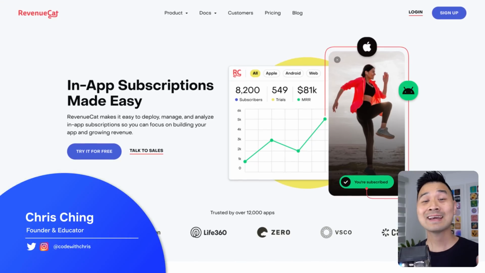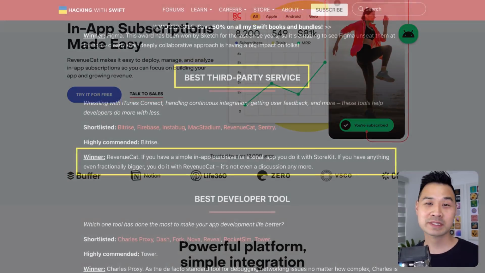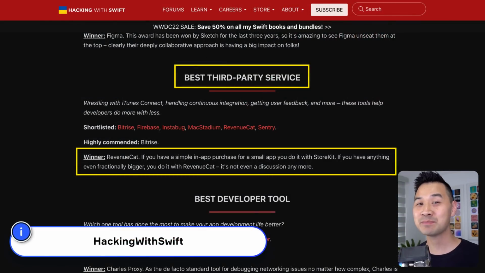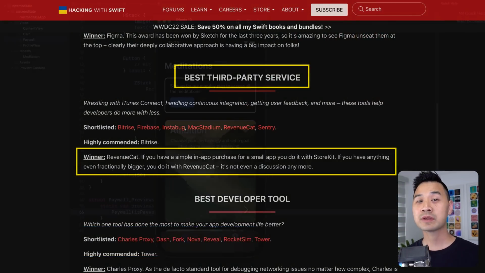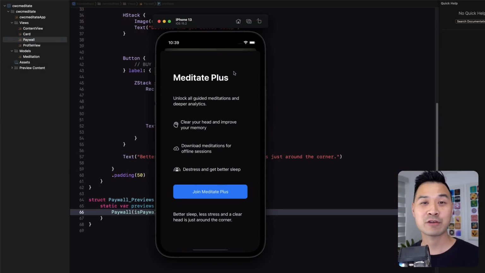Today, I'm going to show you how to add in-app subscriptions to your app using RevenueCat, one of the most loved tools in the iOS community, and in my opinion, the best way to implement in-app purchases. We're going to do this with version 4 of the SDK and this SwiftUI demo app that I created,